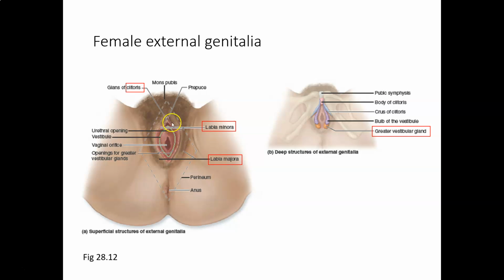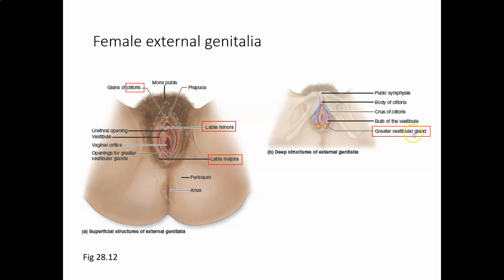Then you have this really sensitive part, which has erectile tissue inside, so that's the clitoris. The clitoris is actually homologous to the glans of the penis, also erectile tissue. Inside, if you go deeper, so this is a deeper structure of the external genitalia, you have